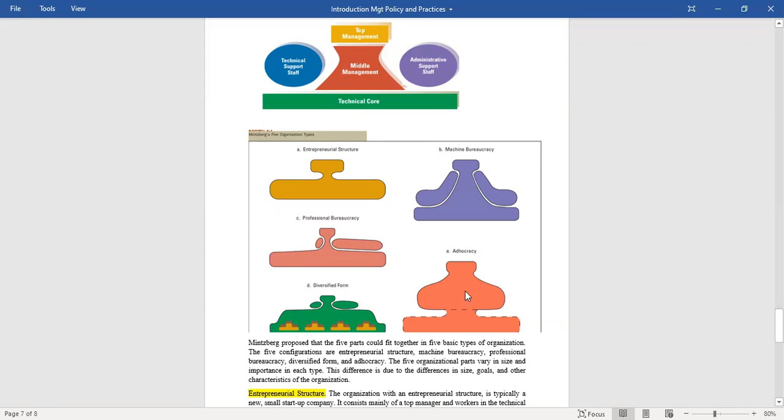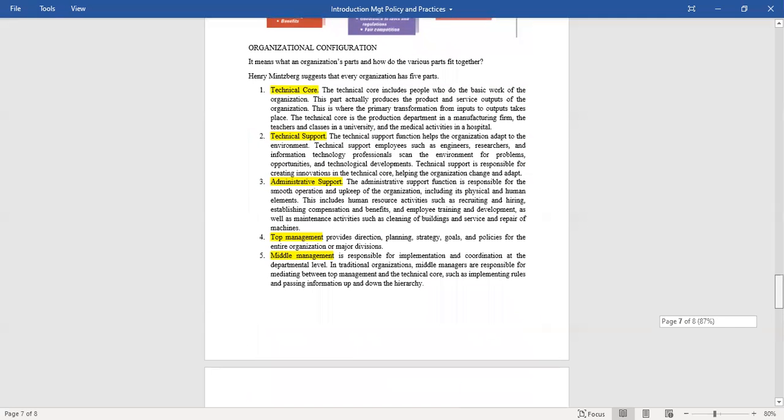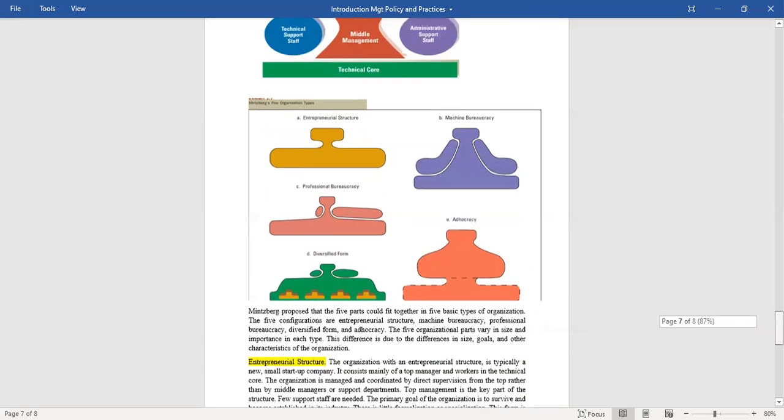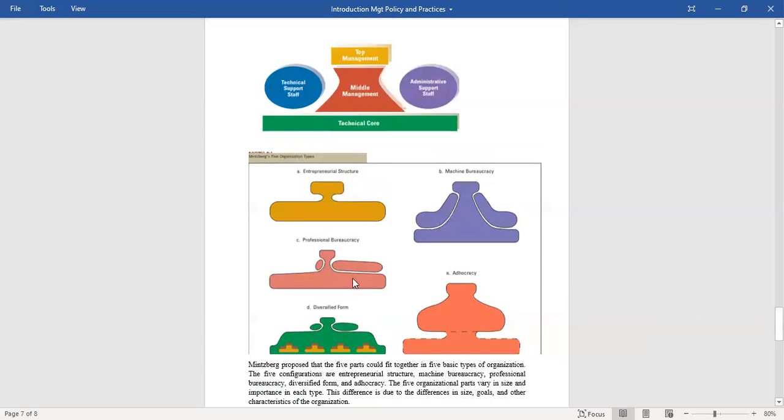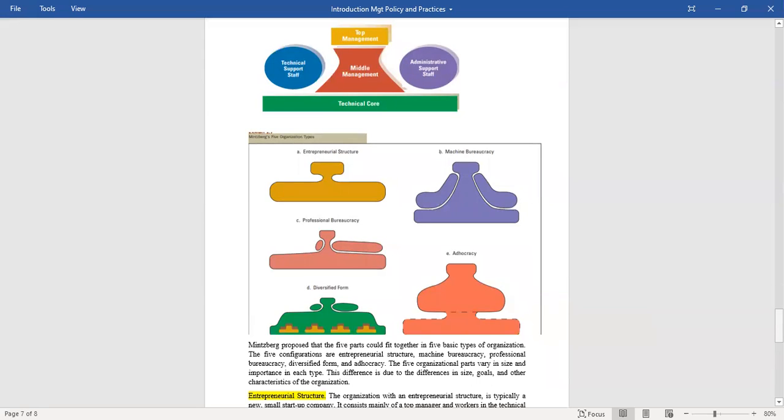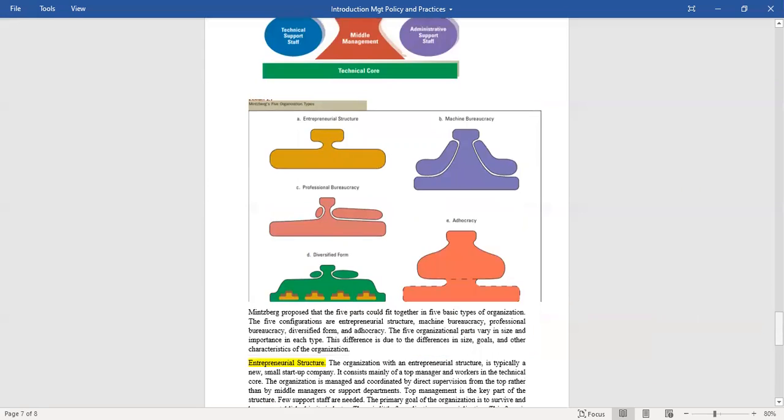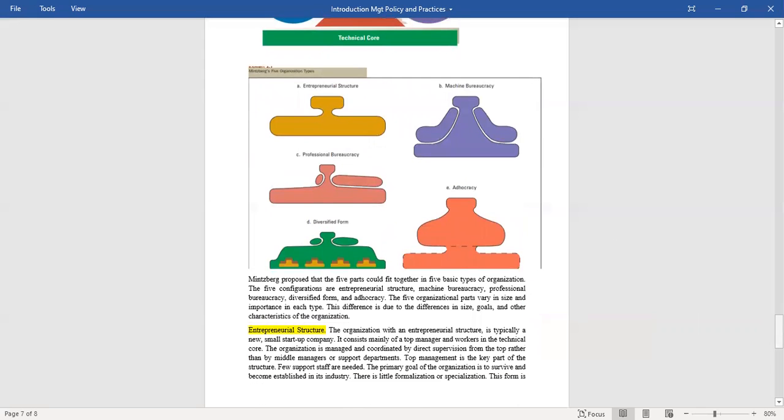और डिफरेंट डिपार्टमेंट्स हैं व्हिच आर स्ट्रक्चर्ड वेरी डिफरेंटली, इसको डाइवर्सिफाइड फॉर्म का नाम दिया। और फिर आ जाओ एडहोक्रेसी में। एडहोक्रेसी में क्लियरली एक चीज़ देखो कि इसमें टेक्निकल सपोर्ट और एडमिनिस्ट्रेटिव सपोर्ट अलग से नहीं दिखाई हुई, वो एक ही जगह कर दिया क्योंकि ये एक फ्लूइड सा किस्म का ऑर्गेनाइजेशन स्ट्रक्चर है। अब वो कहता है कि ये जो 5 पार्ट्स बताए थे, हेनरी मिन्सबर्ग कहता है कि उनको कोऑर्डिनेट करके, जैसे यहाँ दिखाया है, दे कैन बी 5 टाइप्स ऑफ ऑर्गनाइजेशंस। जहाँ पे उसने पहले तो एक एंटरप्रेन्योरियल स्ट्रक्चर दिखाया है।